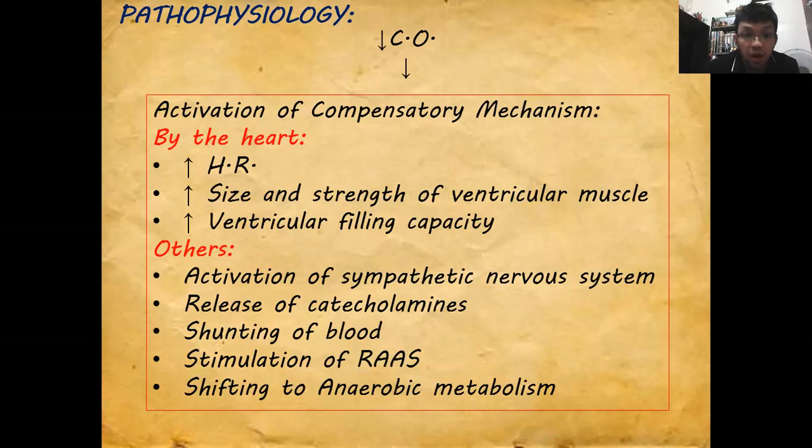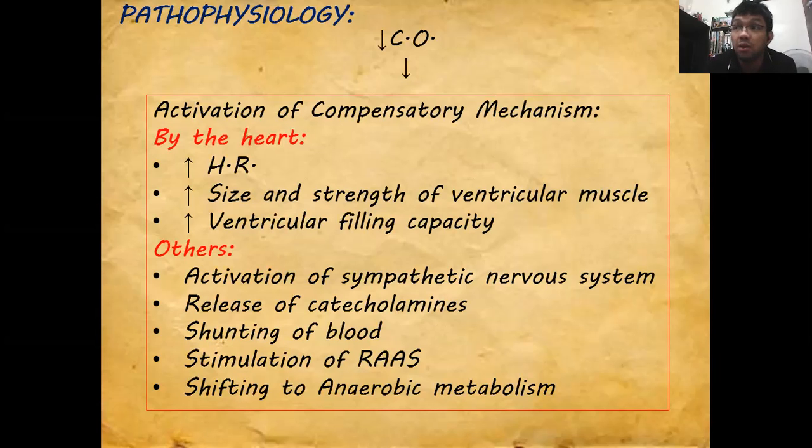The end result of constant stimulation of this system will lead to hypertension because of the production of aldosterone and angiotensin 2. That's the end result of the activation or stimulation of the RAAS, or the renin angiotensin aldosterone system,